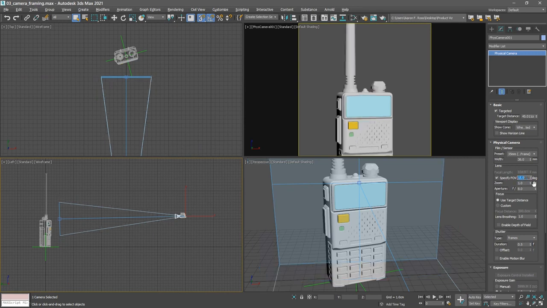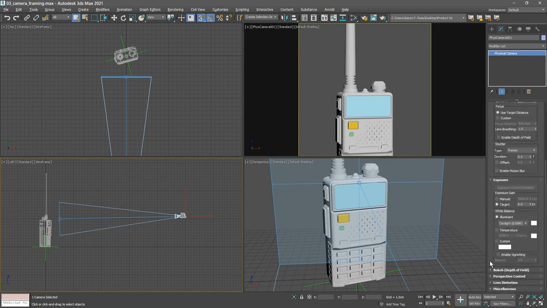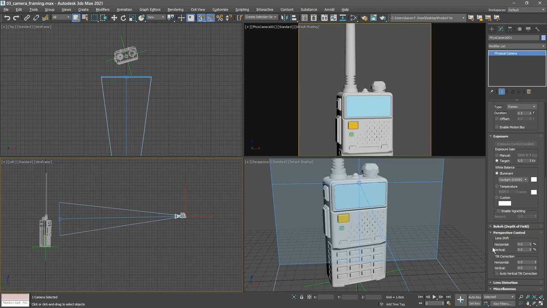Now I mostly have the framing that I want, although as you can see, we've cropped off the bottom of our subject here. With a physical camera, we can simulate a view camera, also known as a tilt-shift camera, in which we can offset the camera's lens from its sensor. And that's accomplished in the Modify panel. Scroll down, open up Perspective Control, and we have Lens Shift Horizontal and Vertical. If we click and drag on the spinner for the vertical lens shift,